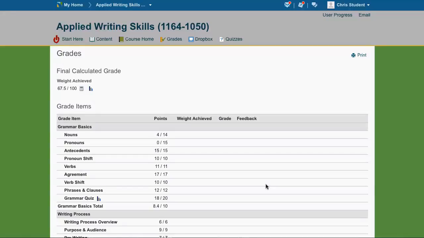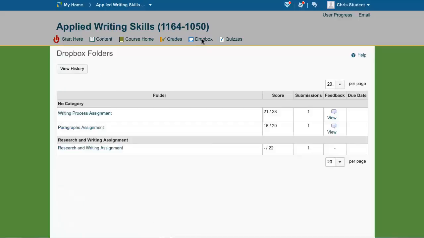To see details of your assignments, click on Dropbox at the top of the page. In Brightspace, Dropbox just means assignments. Here you'll see a list of the assignments in the course and your score, and underneath feedback you'll see View. So for the writing process assignment, if I click on View,